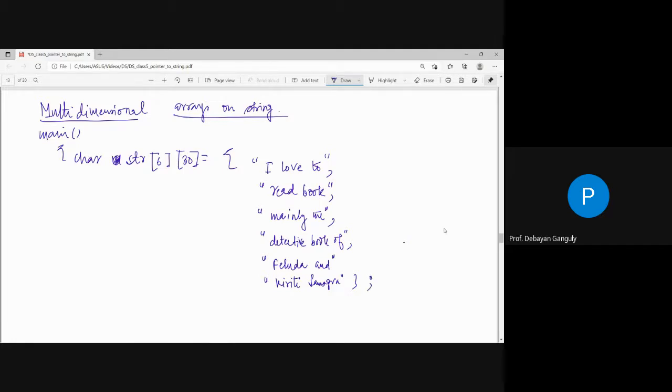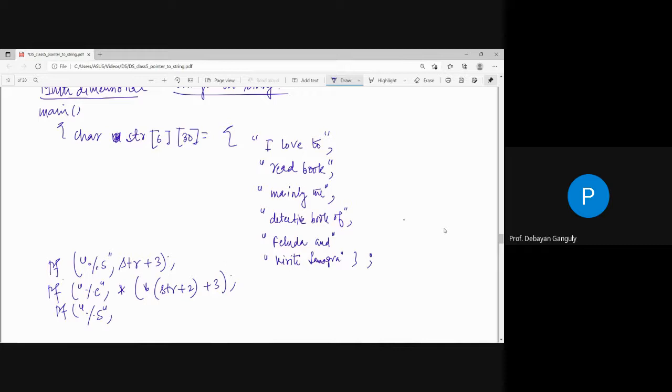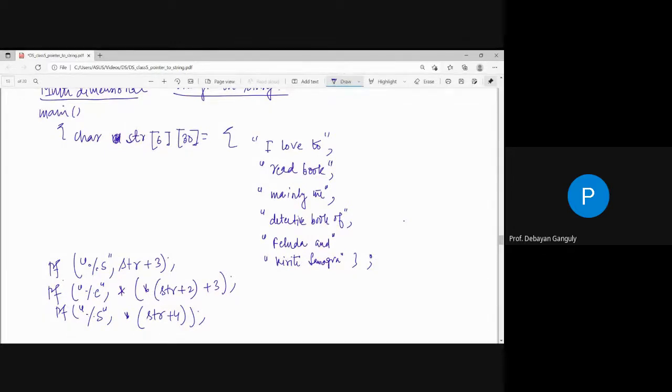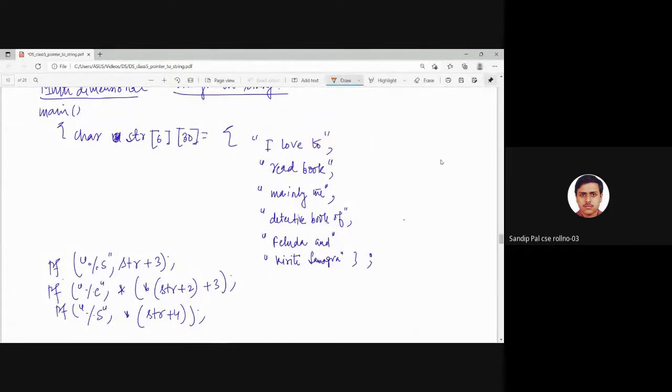এবারে আমায় ধরো বলা হলো যে you have to printf %s str plus 3, say %c star of star str plus 2 plus 3, and say আমায় বলা হলো %s star of str plus 4। তাহলে আমায় বলো তো what should be the output, কি হতে পারে? স্যার ফার্স্ট এরটা হবে ডিটেকটিভ বুক অফ, মানে যাকে পয়েন্ট করছে, মানে সেটা 3 ঘর ইনক্রিমেন্ট হবে। +1 করলে রিড বুক, +2 করলে মেনলি দা, আর +3 করলে ডিটেকটিভ বুক অফ। ওকে, হবে। ভেরি গুড। তার মানে এটা যদি 0 ধরি, এটা 1, এটা 2, এটা 3, that will give you ডিটেকটিভ বুক। That means that will give you the output ডিটেকটিভ বুক অফ। এন্ড তারপরেরটা